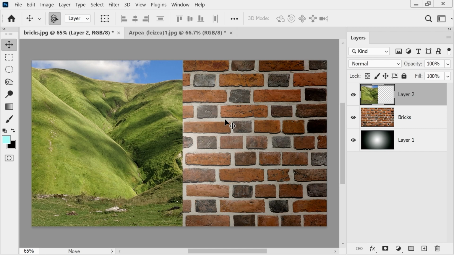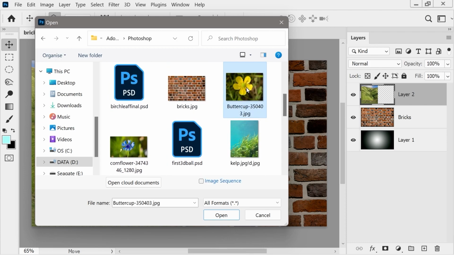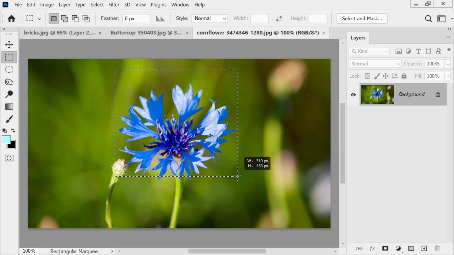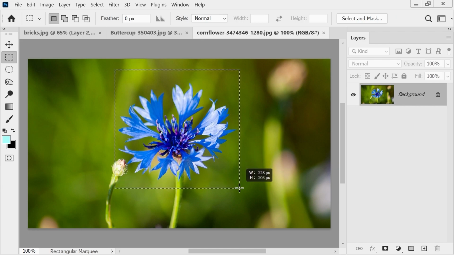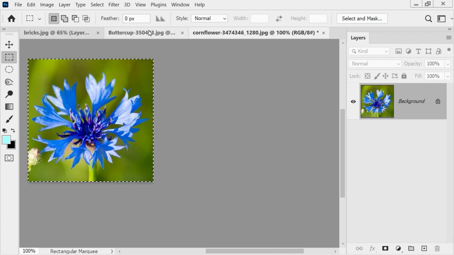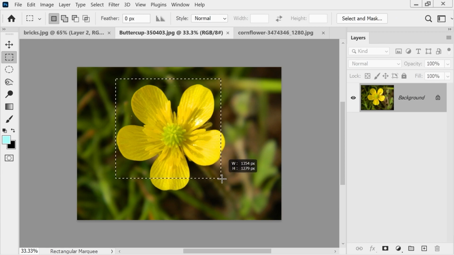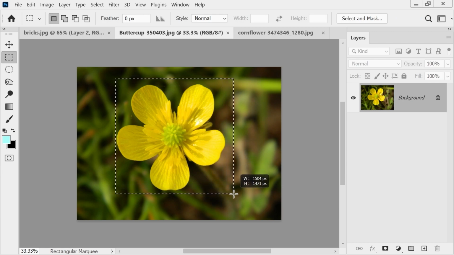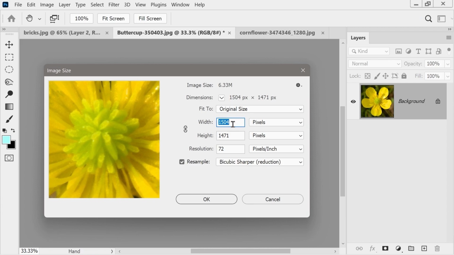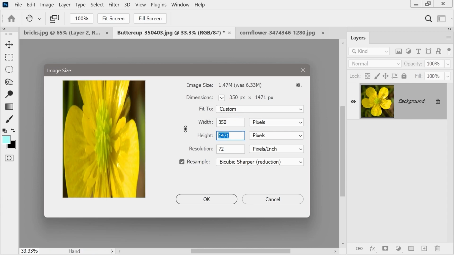All right, so then what we're going to do is we're going to get a couple more images as well. So we have a cornflower and a buttercup, which fortunately are right next to each other. And I want these to be about 350 each. So I'm just going to do a rough crop. I want it to be fairly square in nature. So something like that maybe will be okay. And we can just do a crop. And then with this, again, fairly square in nature. And with a crop. And then we want both of these to be about 350. We're going to get rid of that. We're going to go 350, tab, 350,